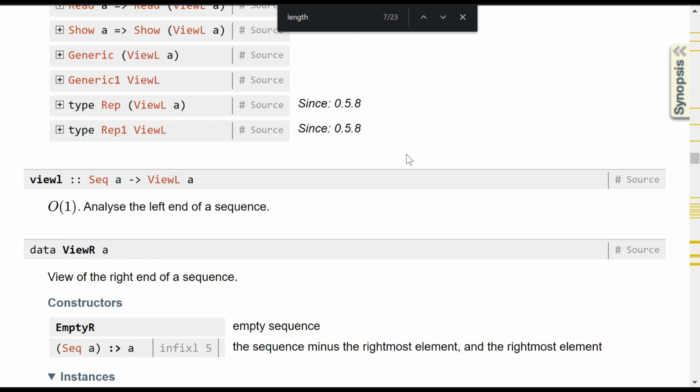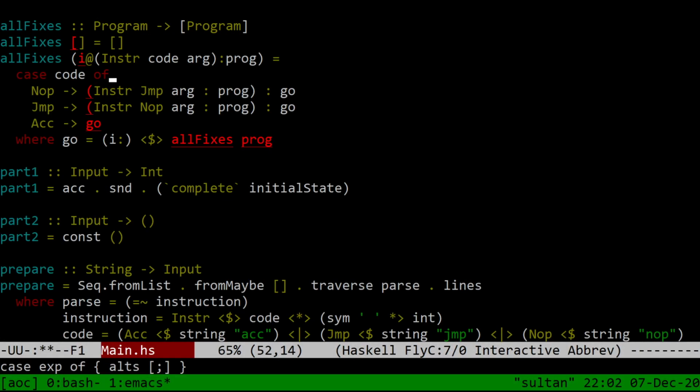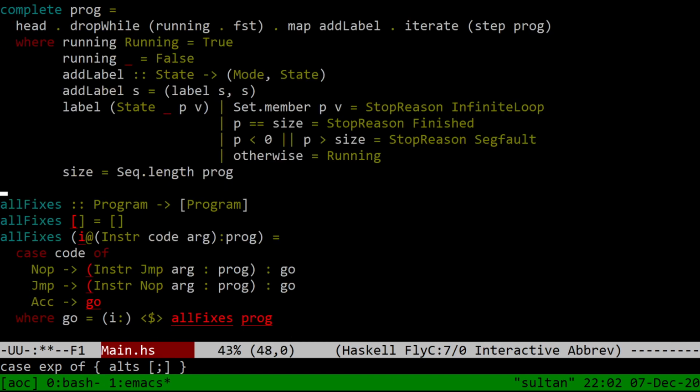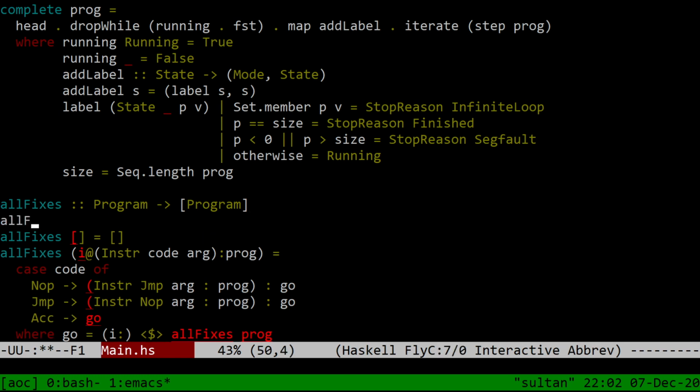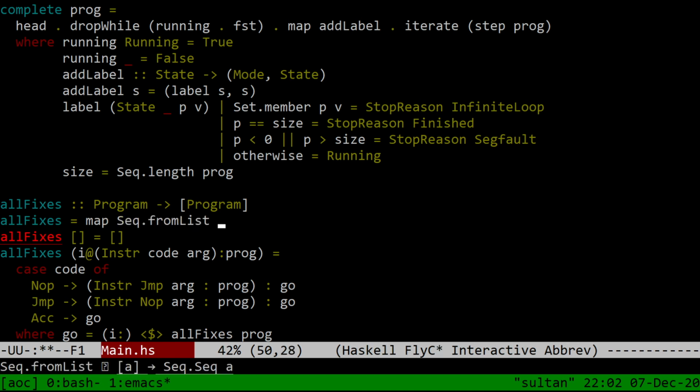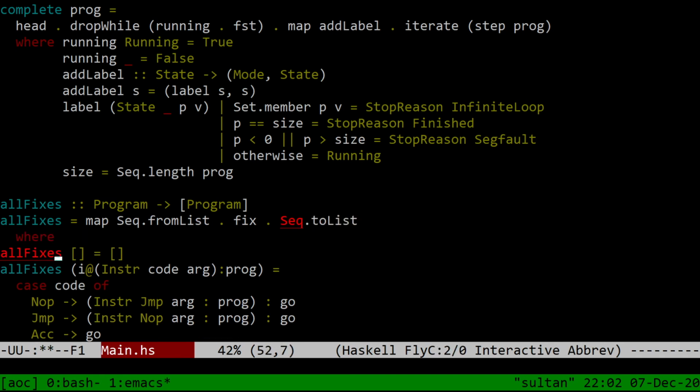Okay, you know what? At the moment, we don't need any of the fancy stuff from sequence, right? So in fact, instead of taking a program, well, I don't know. We should, right? All fixes equals map Seq.fromList of fix map Seq.toList where